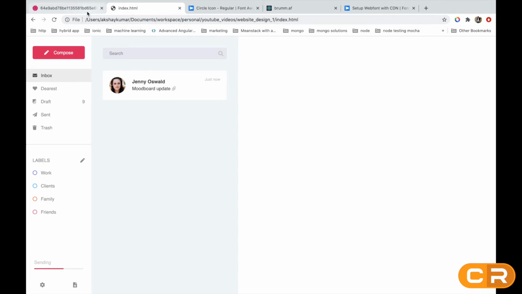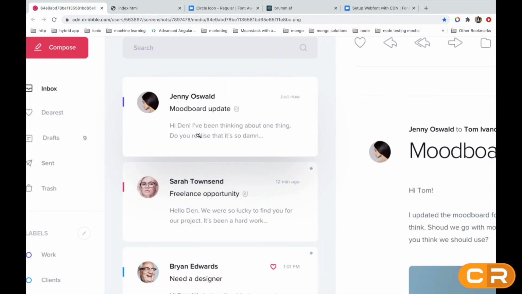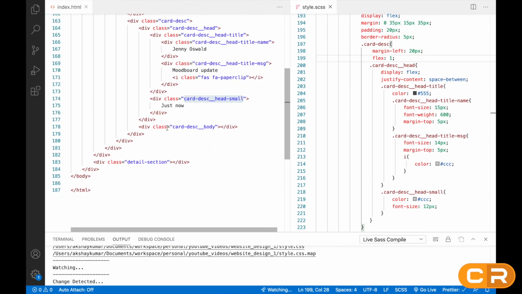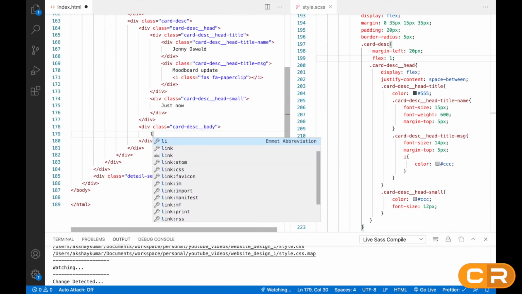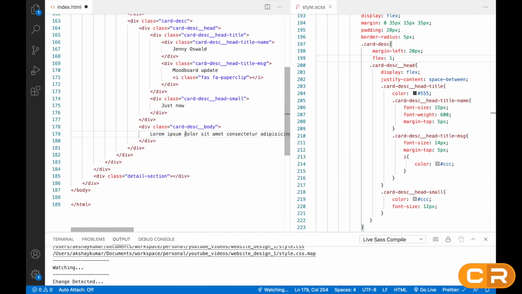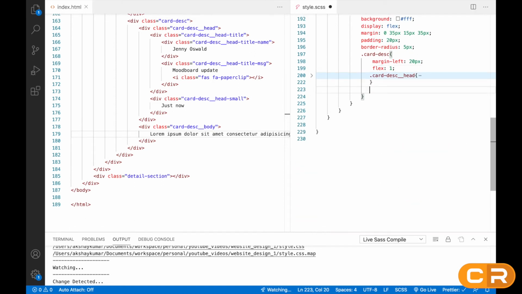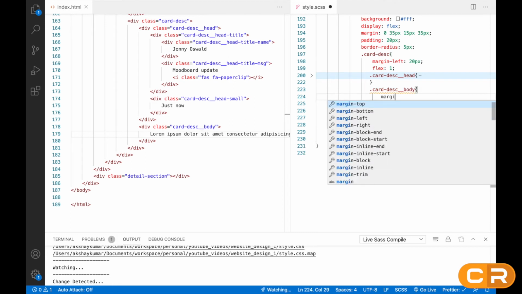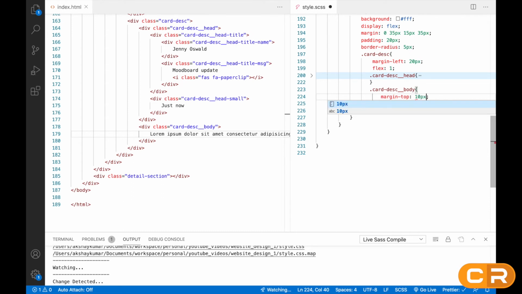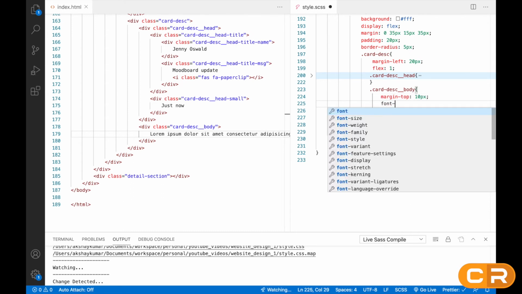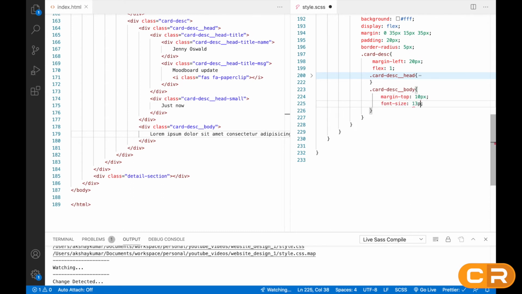Okay. So now let's move to this actual description section, right? Body section. So here I will just create some dummy text, lorem ipsum, and we'll give the styling for this. So I will just close this head section and I will create this class here. I will give margin top, that will be 10px because we need some spacing, and font size will be 13px.